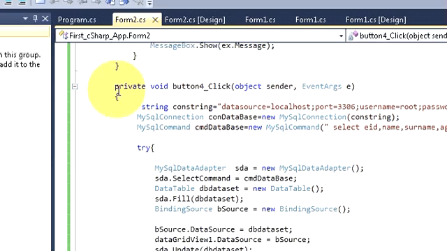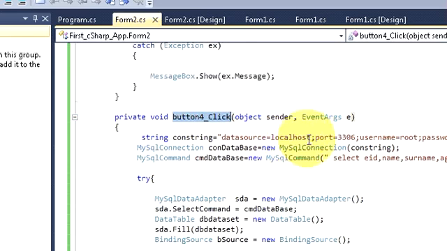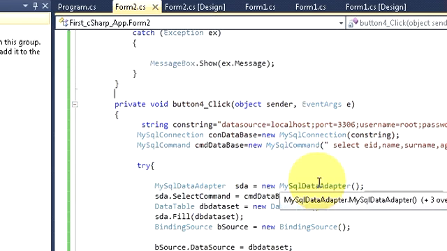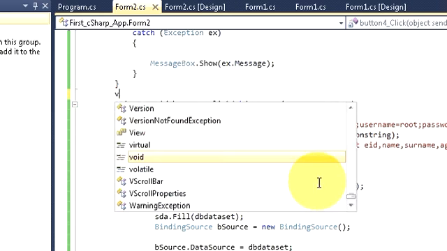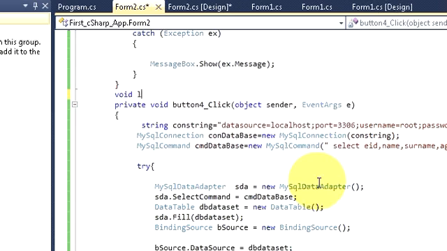So just above your load table button click event, you can make a function called void loadTable(), bracket closed,